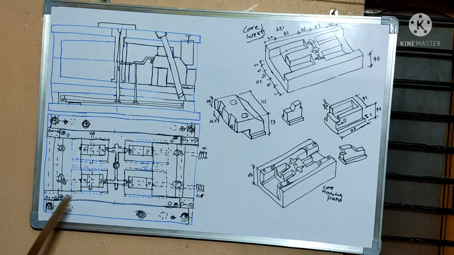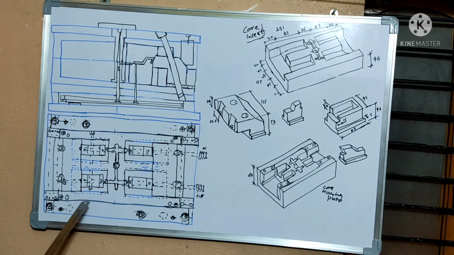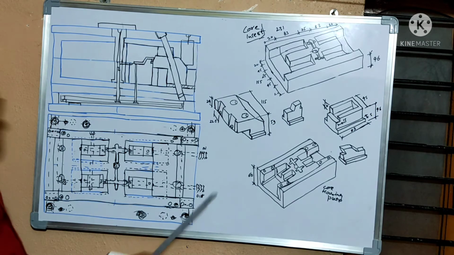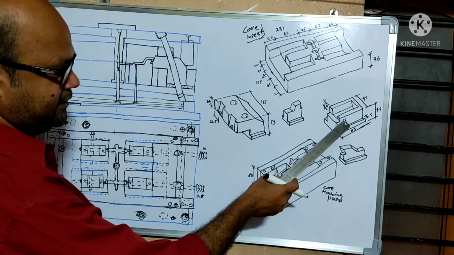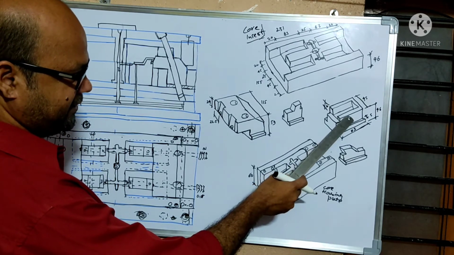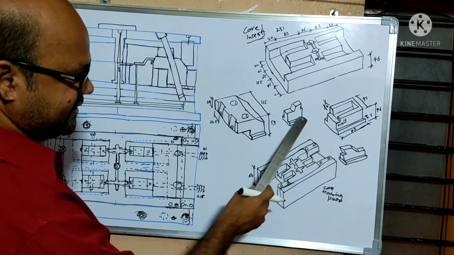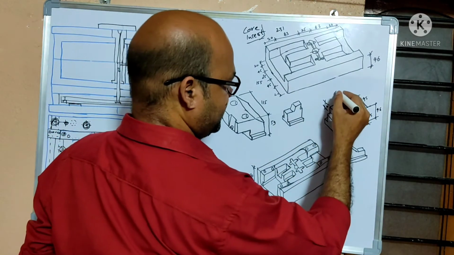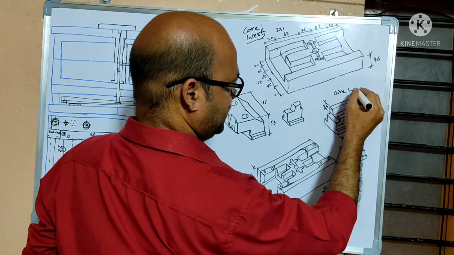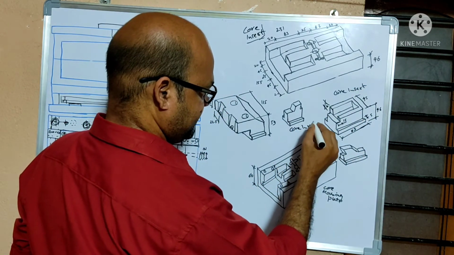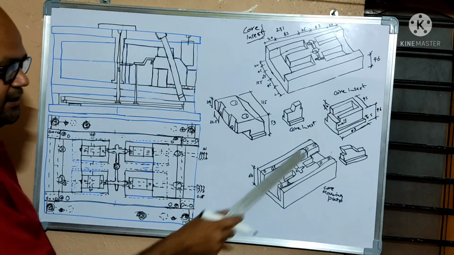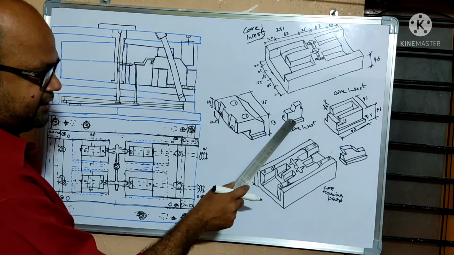And coming to the top view of the tool, you are observing this one, the HDS insert, which is placed in the core housing plate. In this HDS insert, it is machined that way. The local inserts: one insert and second insert. These are the core inserts.